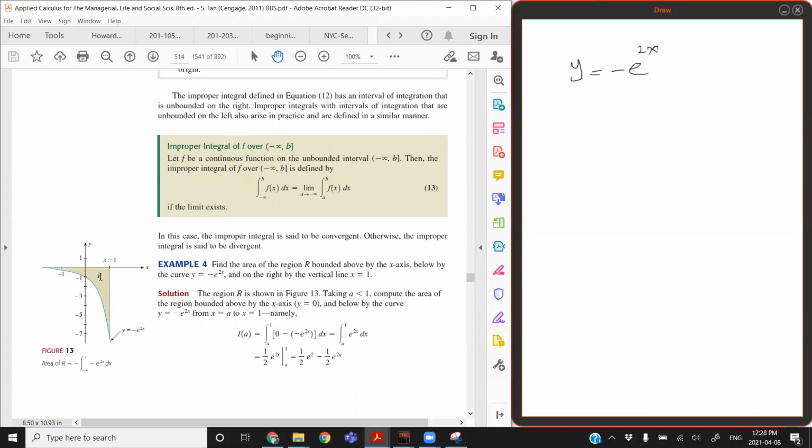On the right, it's bounded by x equals 1, but on the left, it's unbounded, so it goes to negative infinity. So we're looking for,